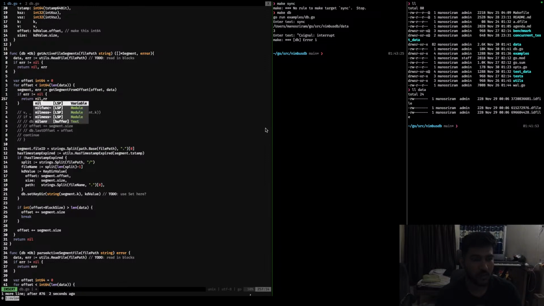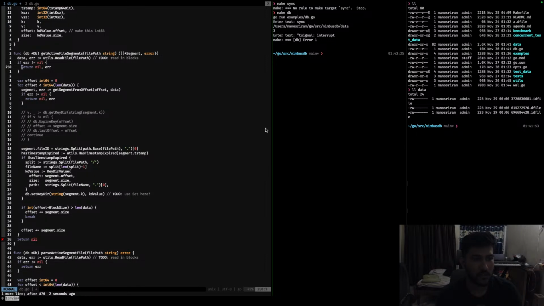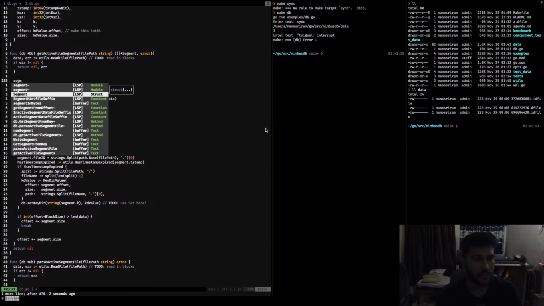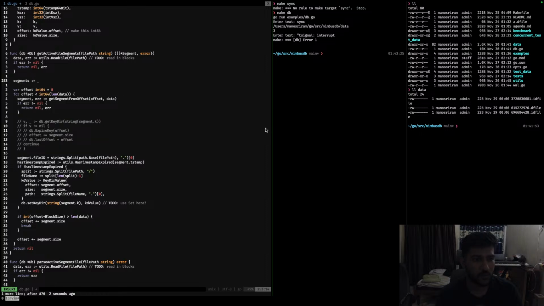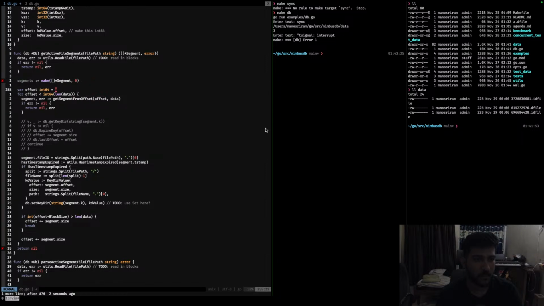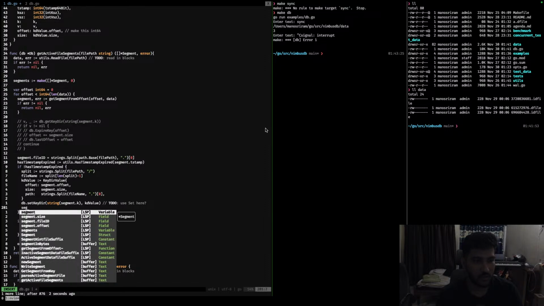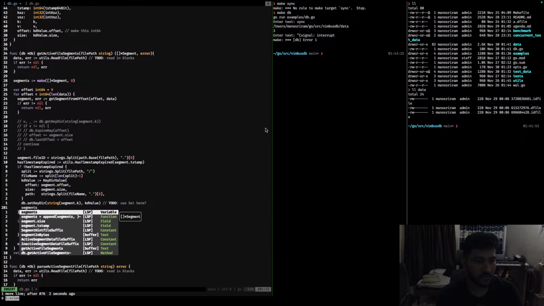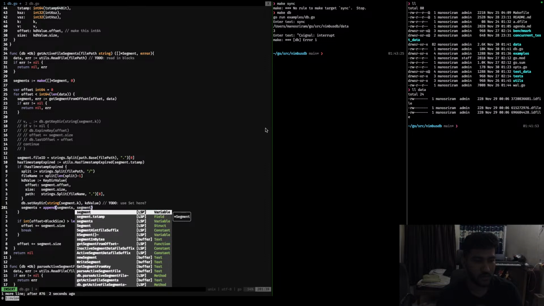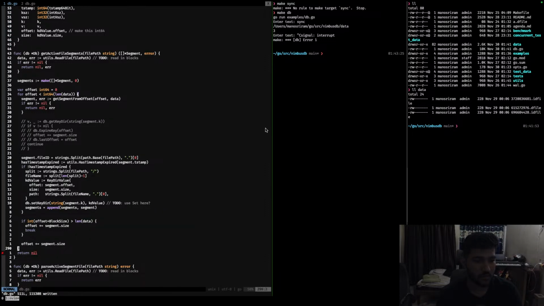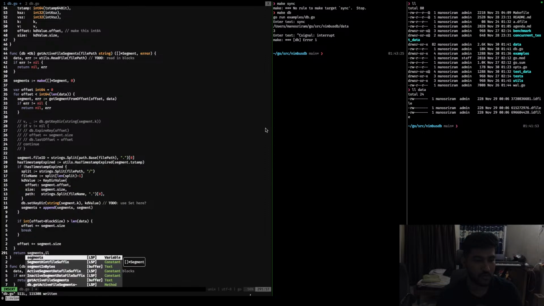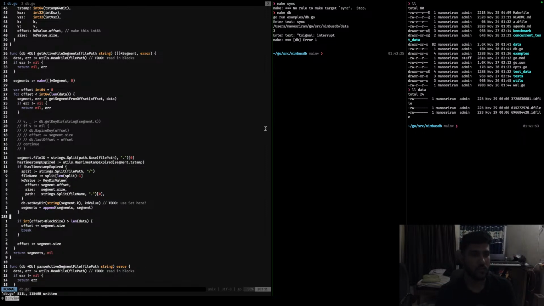So it's null. So firstly we are going to say our segments is going to be... so we have made it, and we are going to get the segment, and only if it has not expired, what we're going to do is we are going to say segments. We're going to append the segment here, and at last we're going to return the segments, right? So this is going to give us the segments,